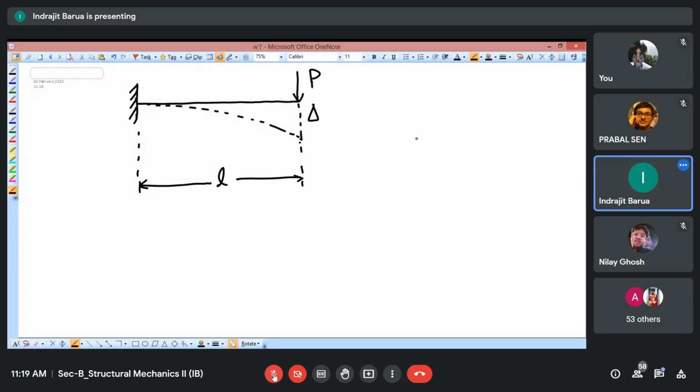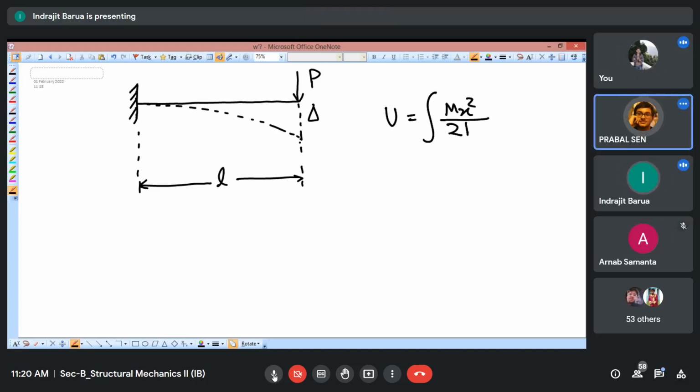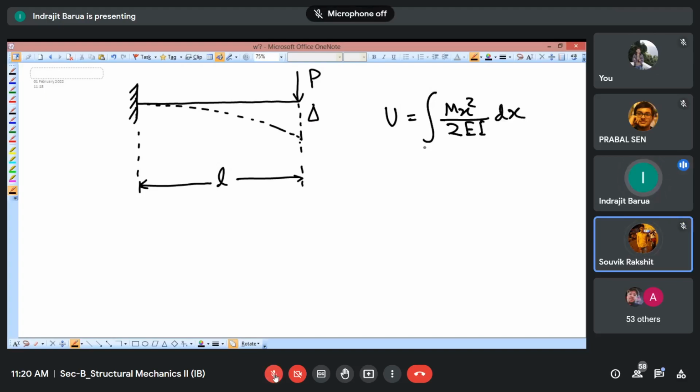Okay. Now obviously, on one hand, we will be getting the equation, which is this one. So U was equal to how much? Integration of, for the bending equation, obviously, Mx square dx by 2EI. Yes, Mx square by 2EI into dx, and that is with respect to a range A to B. So within A to B, this will be within any range.